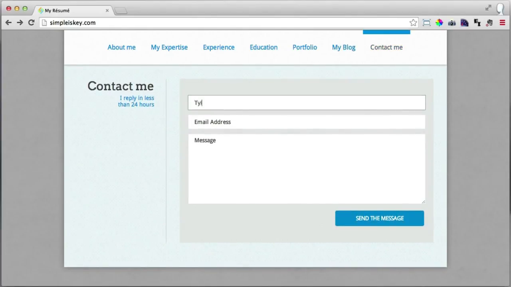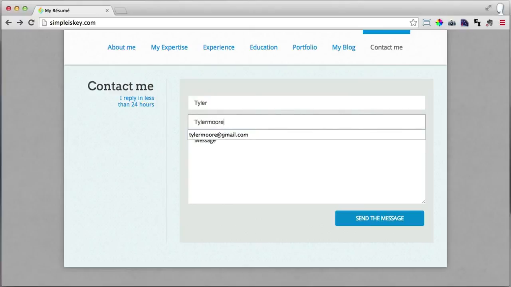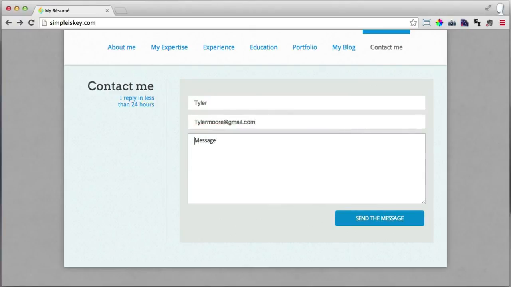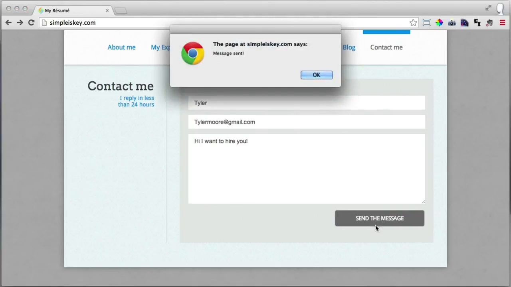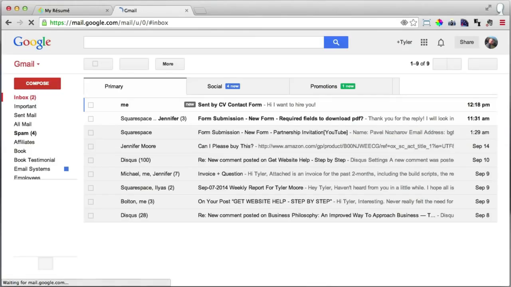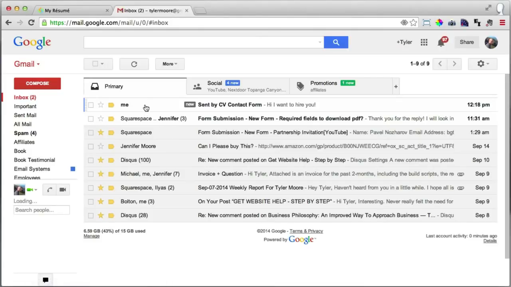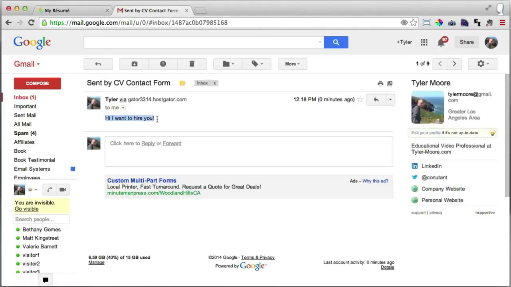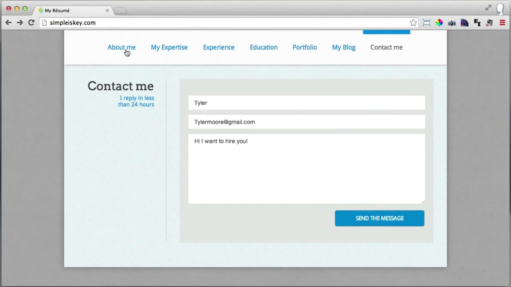So we can put in our name and people can send you a message like, "Hi, I want to hire you." And we can send the message. And a little box pops up and says that the message is sent, but we can go into our Gmail or whatever mail client you're working with, and you can see the message, "Hi, I want to hire you," and you can reply back,